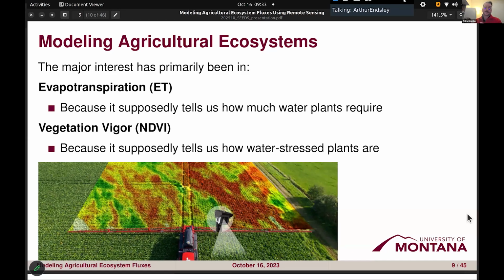And then when it comes to vegetation vigor, spectral indices like NDVI, I'm not going to talk about them much today because really, what do you do with NDVI? It's a dimensionless index. We know that it's monotonically correlated with water stress, but we don't know exactly what thresholds or what kind of measurement along that index is really informative as to what plants in this particular agricultural setting are doing right now.